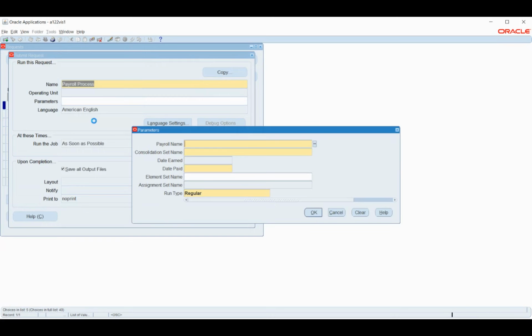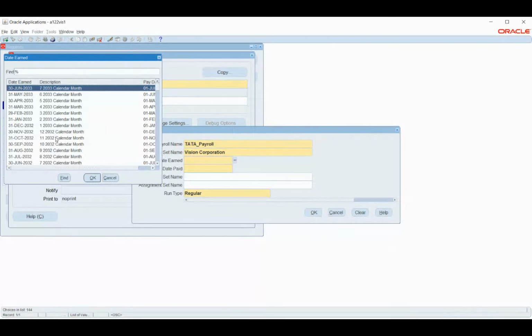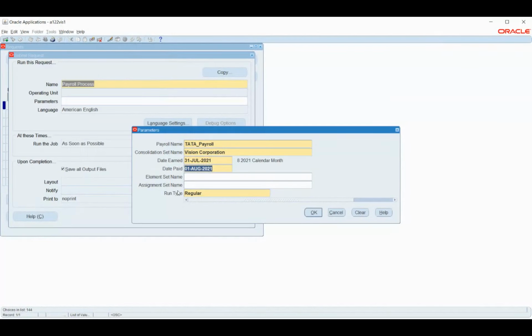Okay, so let me try to run it again. So let me give the details. So what I will do is that I will run for the period, let's say, yeah, so I'll have to navigate to 2021. Yeah, so let me run for July.